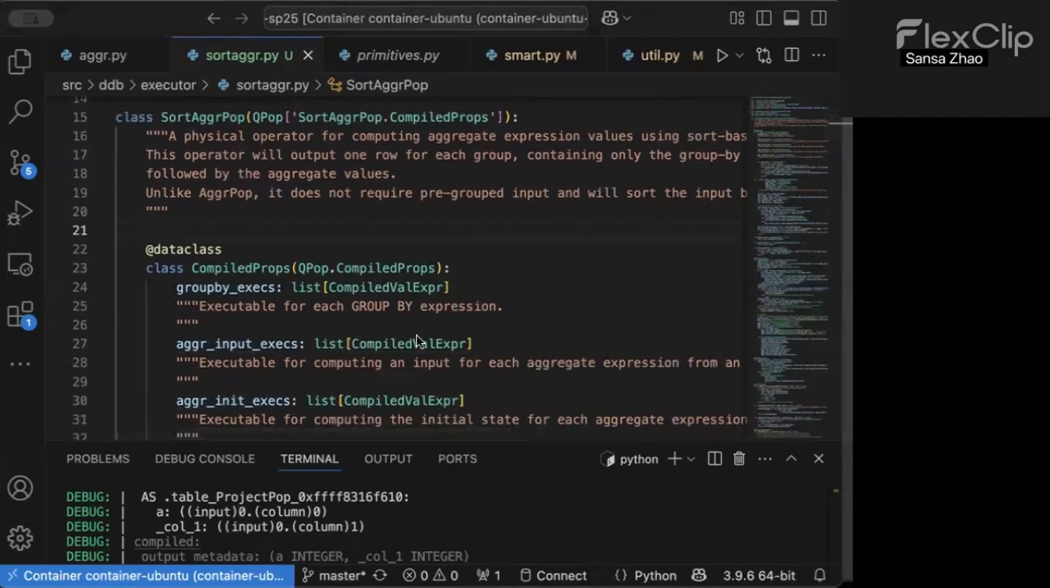So let's start by looking at the class itself. SortAggPop is a subclass of QPOp and is defined in the sort_agg Python file. Its goal is to perform aggregation incrementally during the sort phase. The core idea is to process sorted input and maintain a current group state, and emit a result only when